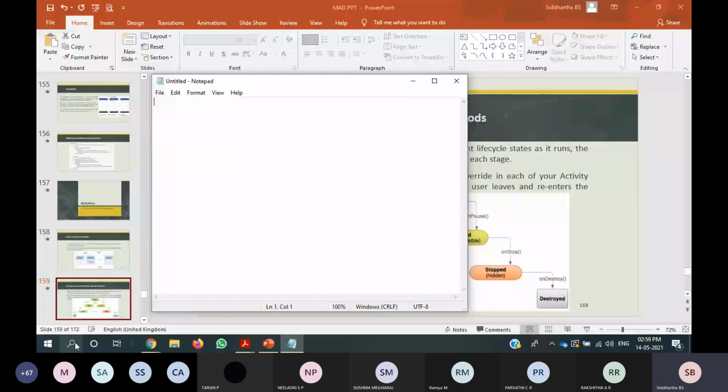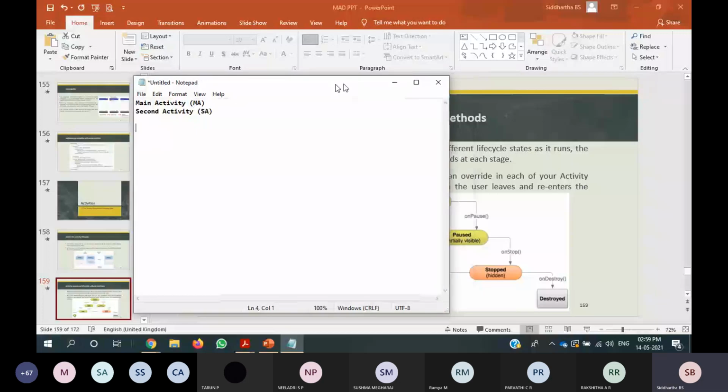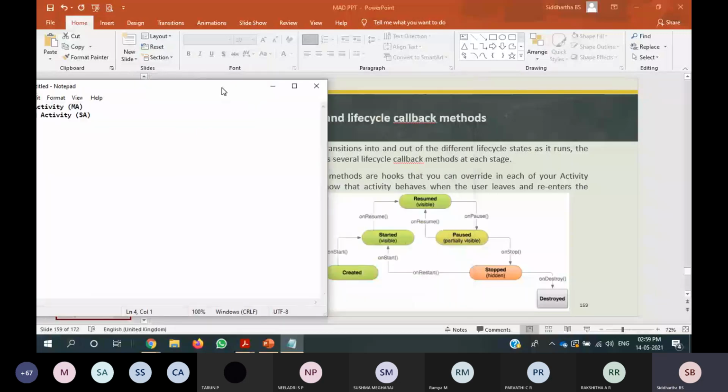Consider there is a main activity, I will call it MA, and from that main activity, you need to go to the second activity, I will call it SA. How will the states occur?